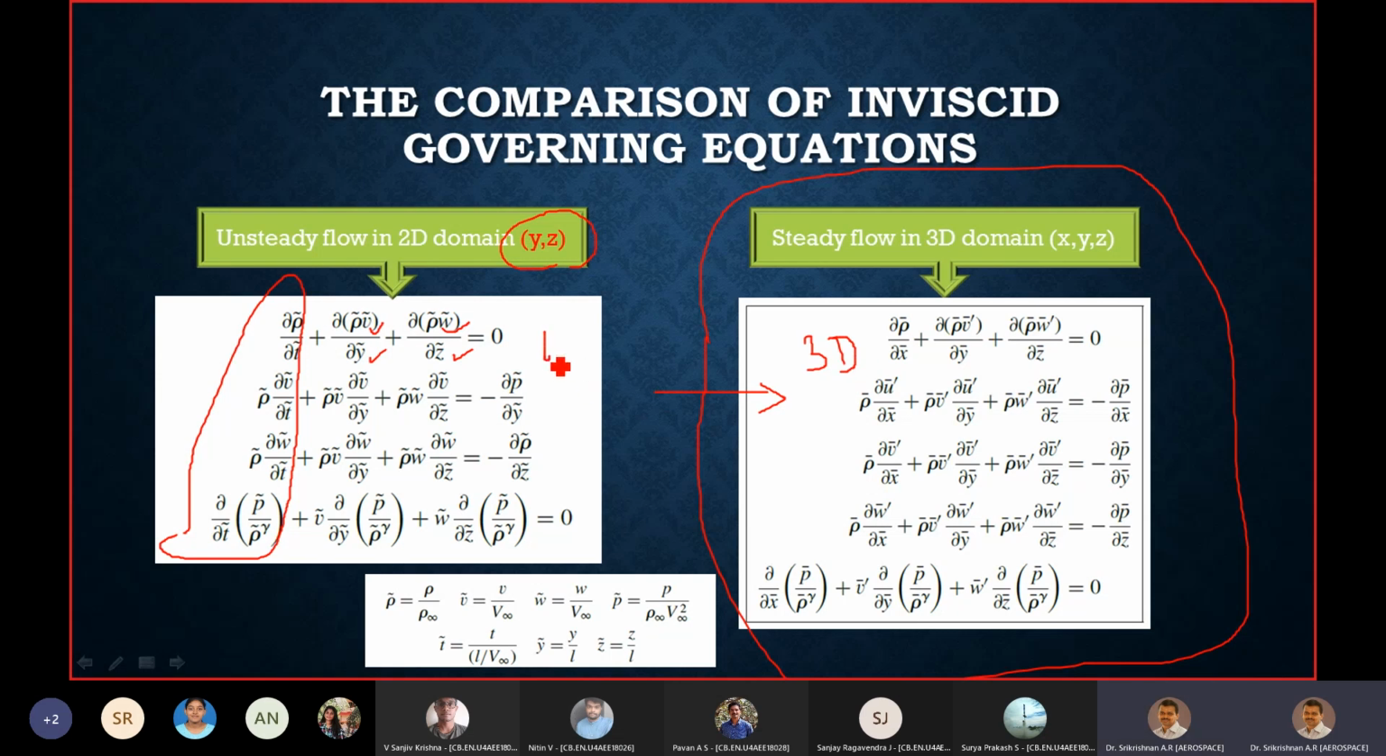Here you have time, but you don't have X dimension. So X is not there. Okay, so this is 2D transient, and this is 3D steady. 2D transient, 3D steady. And this is where we are trying to